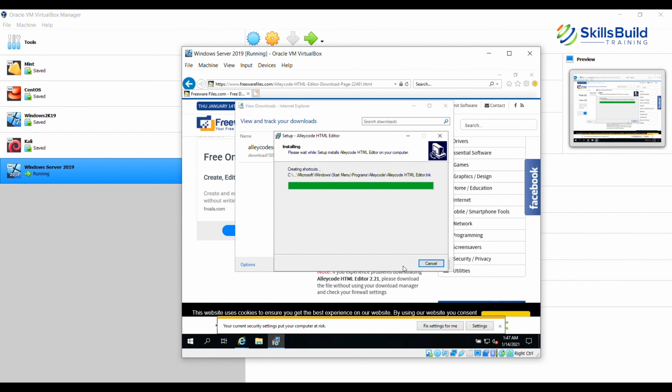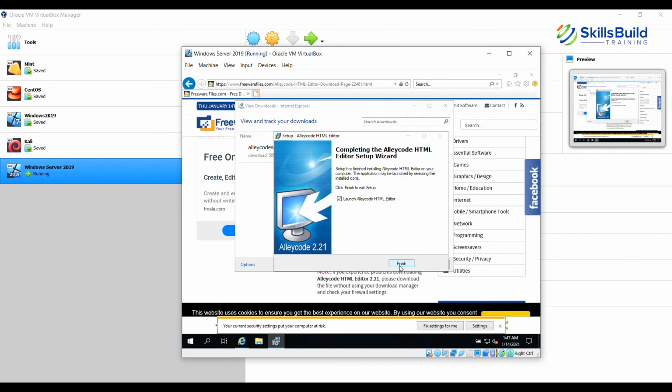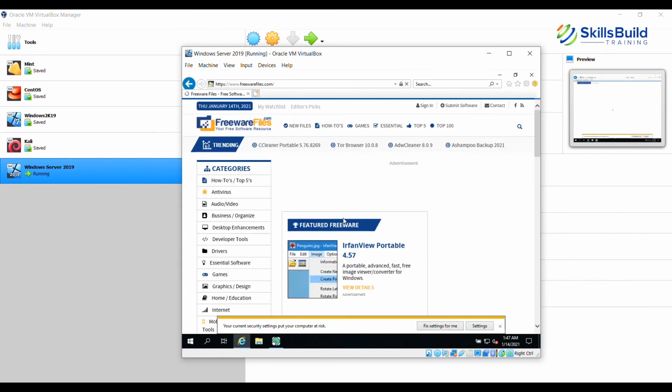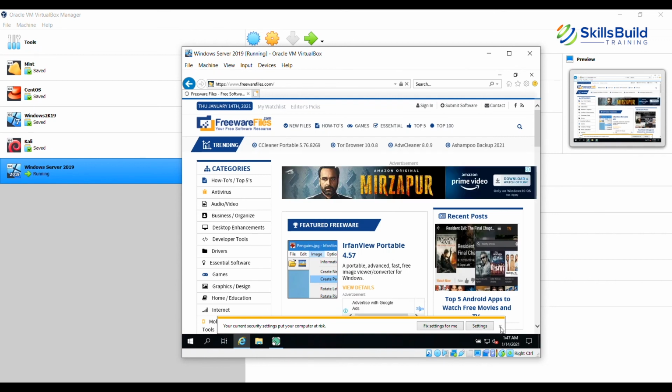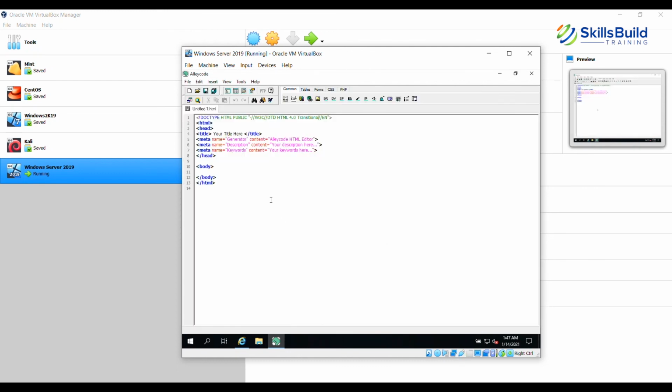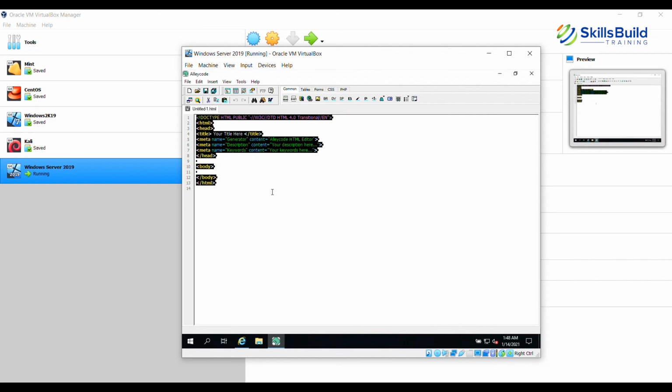Now, going back to the local security policy, I can block a user from even installing an application or running that application. I can do that. But the idea here was to see the application. So I just run LeCode, which starts automatically after the installation. I select create a new HTML project, and there you go. It gives me a brief skeleton of the HTML page. I can save this page, go back to the IIS manager, host it there and browse. The idea is not to cover how to code an HTML page in this.